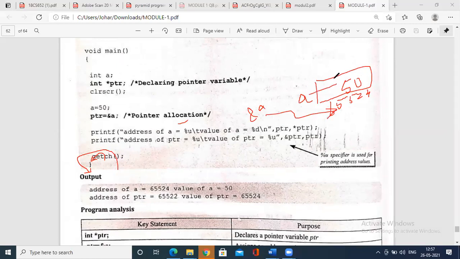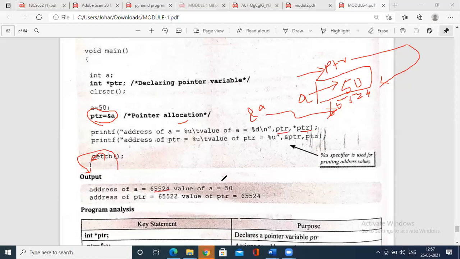What is ptr? ptr is this, holding the address of a. So ptr holds the address of a. Now you print the value. ptr simply prints the address.